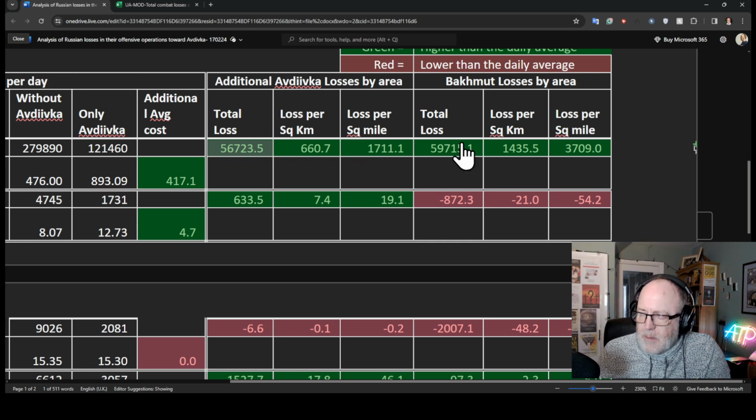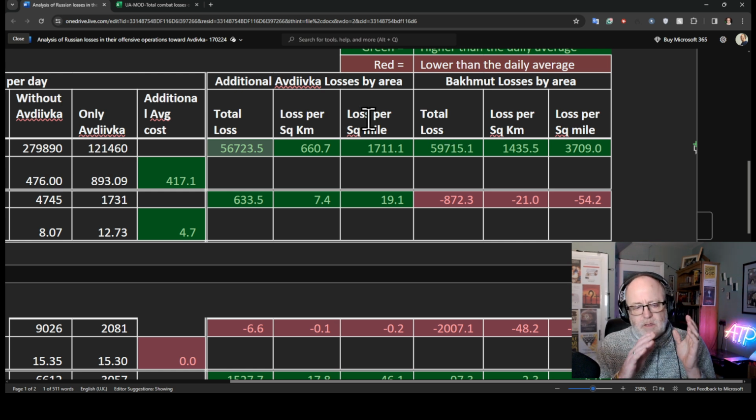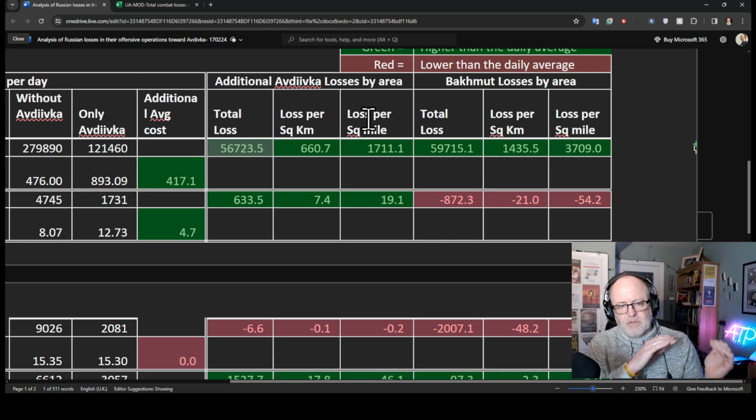And then he's done the same thing with the Bakhmut time period. He's taken the time before Bakhmut, and I think 172 days of Bakhmut, and he said, this is how many people were lost in Bakhmut over the previous average. He's not included time after Bakhmut, so the Avdiivka figures aren't included in that. It's actually cut off at the end of. That's what I was asking him about.